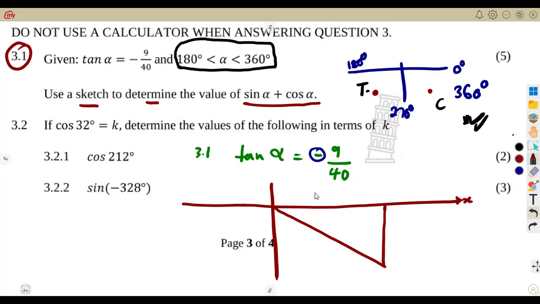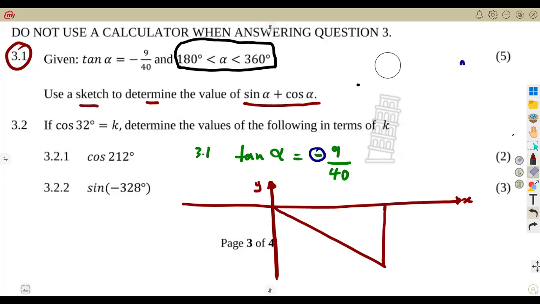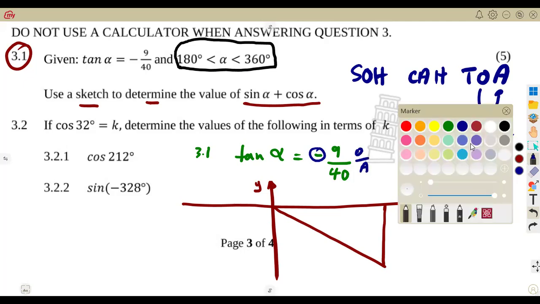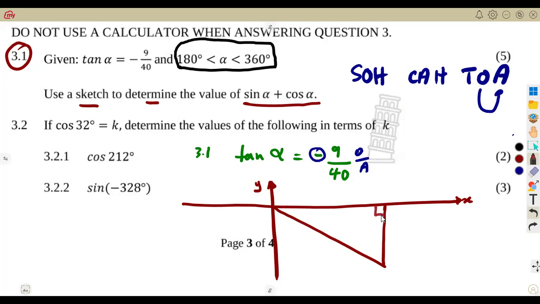Remember, these are the x values, these are the y values, and according to our tan from the SOHCAHTOA concept, tan is opposite over adjacent. So if this is where we have our angle alpha,